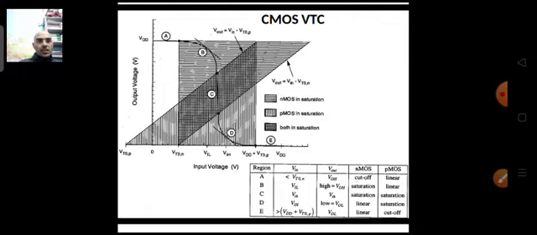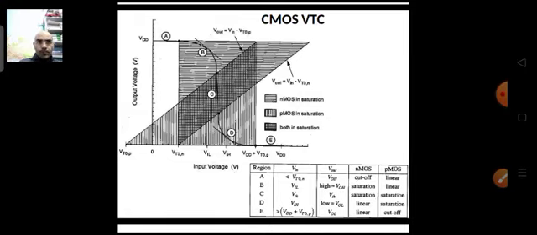As we can see here in this graph, just for revision, there are 5 regions, and you can see in the diagram the regions in which the NMOS and PMOS operate. They operate in different regions. In region A, our NMOS works in cutoff, whereas our PMOS works in the linear region. Then in region B,